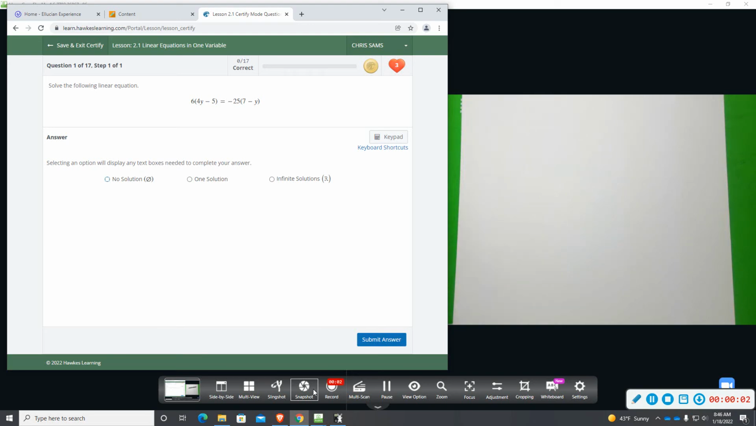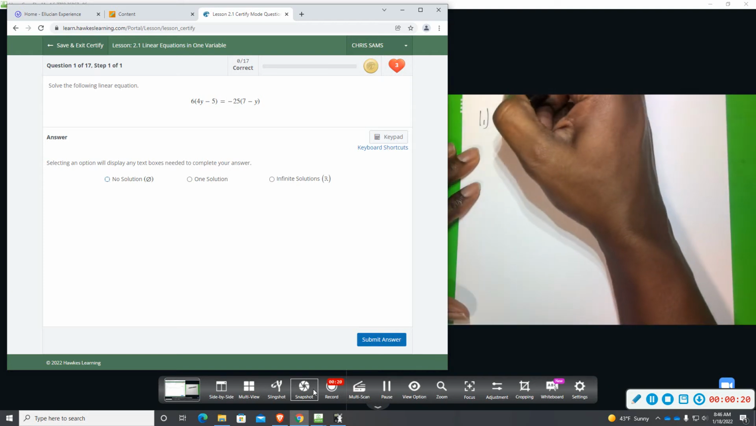Alright, this is section 2.1, linear equations in one variable. So I'm going to go through this section and model the problems so that you have examples to look at and you can use those and then to solve your problem. So number 1,